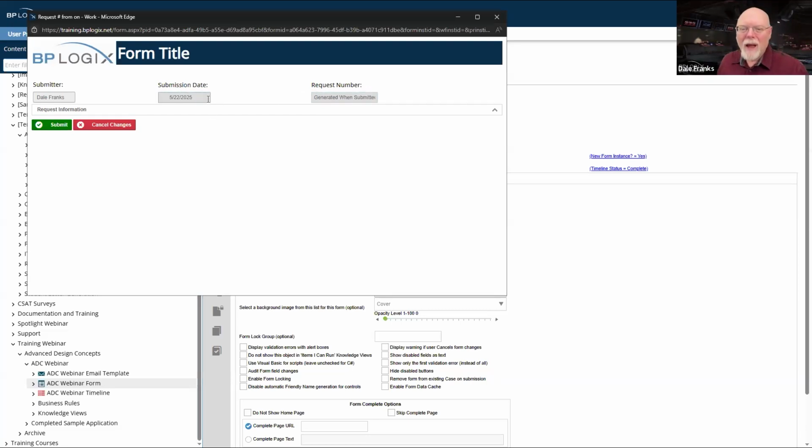Number 2, I'm not happy with the way, and I've never been happy with it, but now that accessibility is so much more of a consideration, I am not happy with the way we decided to show disabled controls as grayed out.